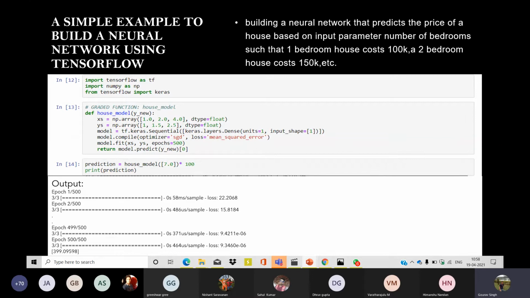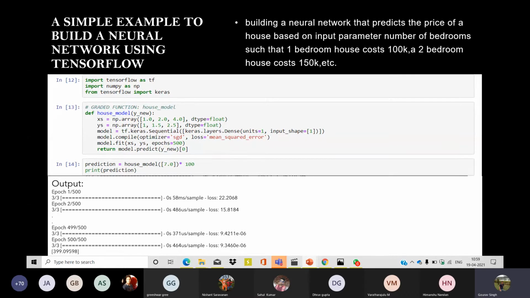So now, coming to train the model, we have a built-in function in TensorFlow: tf.keras.Sequential, keras.layers.Dense, units=1, input_shape=[1]. Here I am taking only one unit, which means I am building the simplest neural network, a super simple example of a neural network. That is why I have used units as one. If we are going for more than one layer, we will change the units accordingly. If we are going for 5 units, then units will be 5.